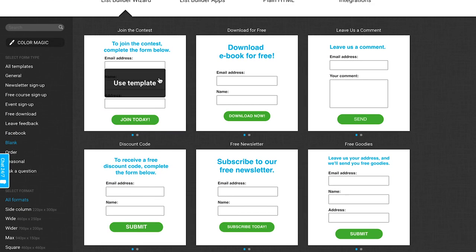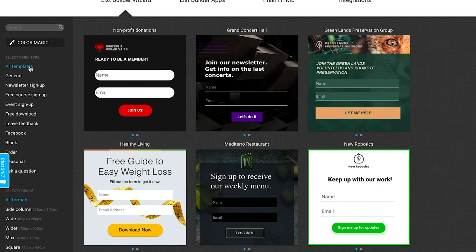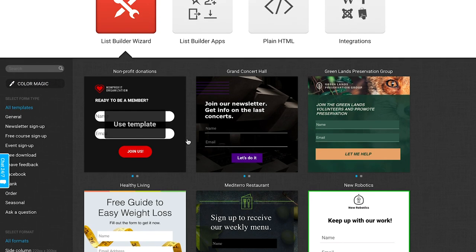And speaking of color scheme, there's this tool called Color Magic, where if you actually enter the URL of your website, it will match the colors from your website onto a form template. So that could save you some time whenever customizing the form or template that you choose. But we can go ahead and just choose a particular template that we want, and I'll show you how to